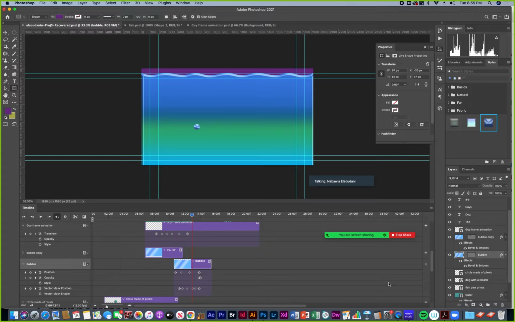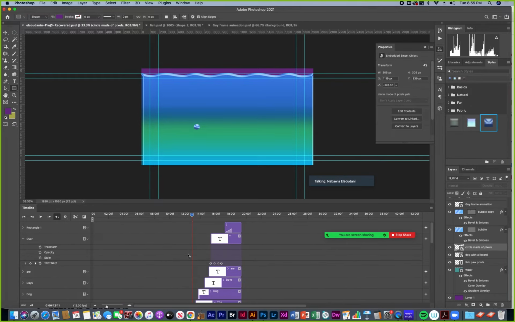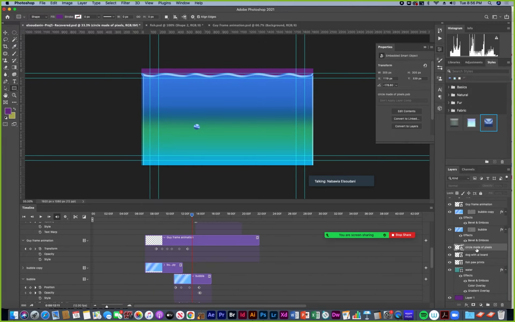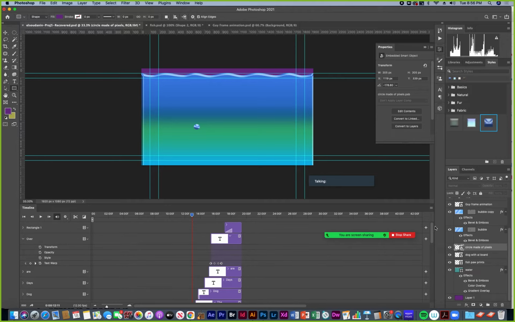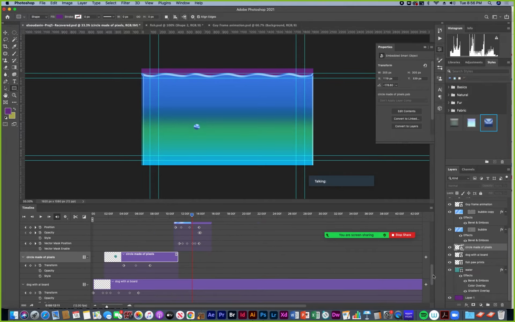So the fish, I could duplicate the fish because I want to keep things a little bit more exciting. So I should either create something more, or let's see this circle made of pixels, if that'll be interesting somewhere. Where is that circle? There it is.